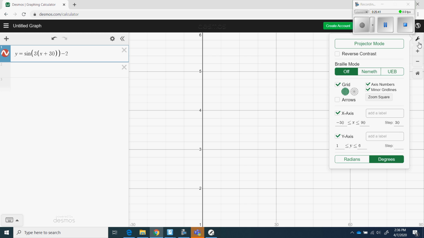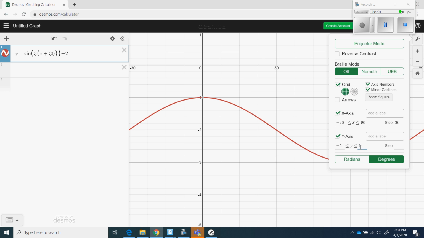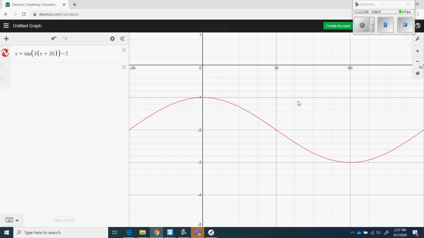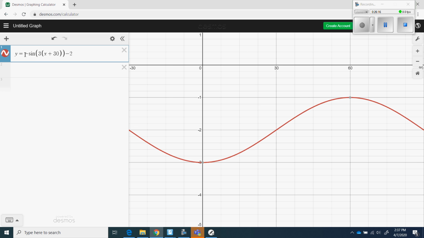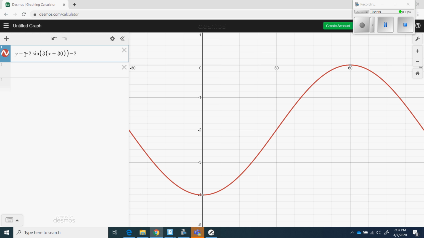That did work. I forgot to save it. -5. Steps in degrees. Oh, I know what's wrong. I get these backwards. Smallest one's got to be first. So -5. And then this should be the 1. That makes more sense. Okay. So there is, oh, I forgot there was a -2 out front here. So -2. So if you were to look at our page back on the smartboard, compare it with this, which